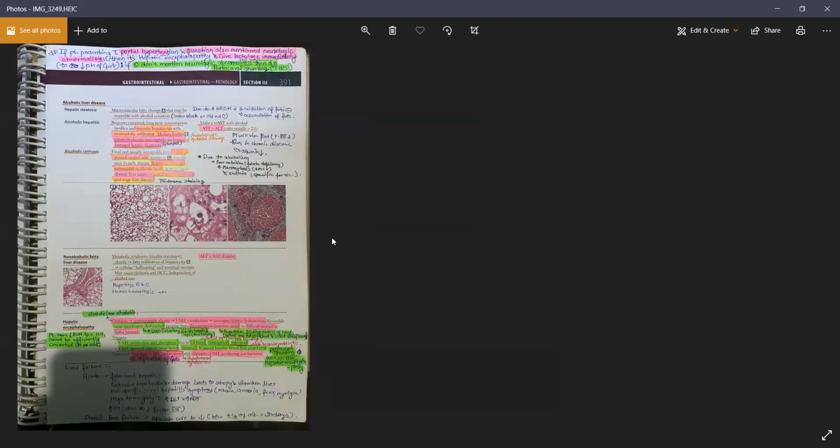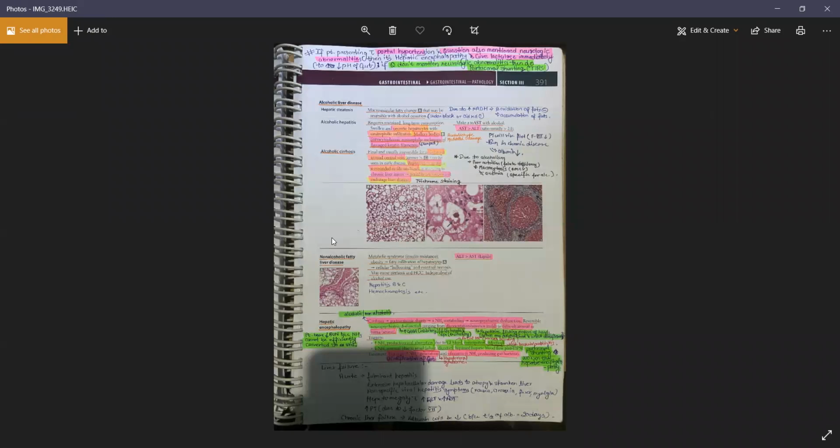We have discussed alcoholic liver diseases, right? There are stages: the first stage is hepatic steatosis, then alcoholic hepatitis, and then alcoholic cirrhosis. We have discussed what markers rise in these conditions, ALT and AST. AST is always higher than ALT in alcoholic liver diseases, and both ALT and AST must be less than 500 international units. And we have discussed the histology of the hepatocytes in all three